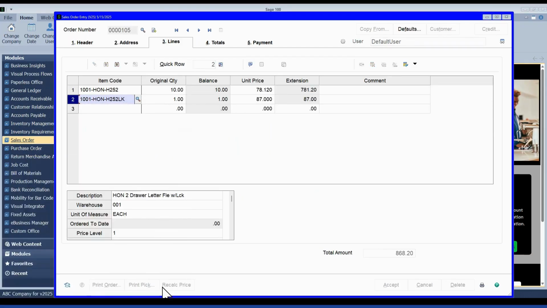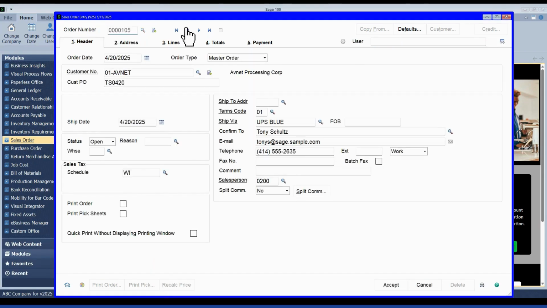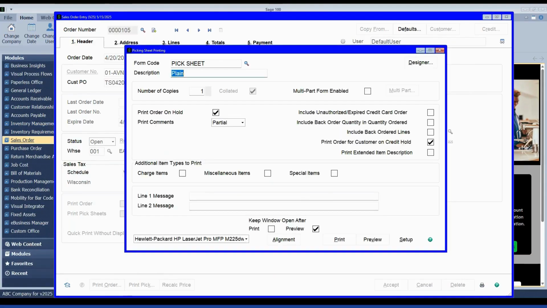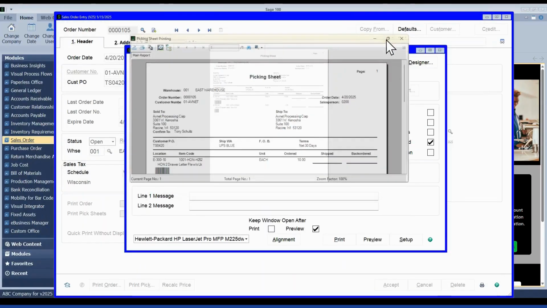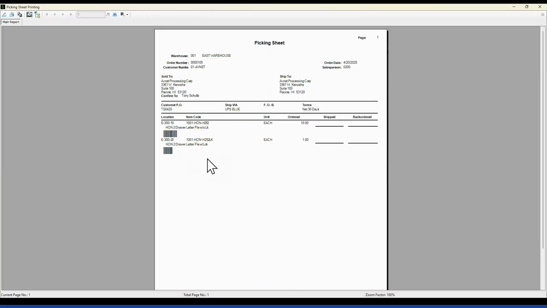I'm going to do a picking sheet here, which is where I added it for the warehouse. Sorry about that, wrong button. And so I've just made a slightly modified form where I just added those barcodes on. That looks like that, or can look like that. And that barcode information could also be added to the order forms if you needed it to, or invoices. Pick and choose. One of the most common places I see it, that's where I chose to use that as a sample.